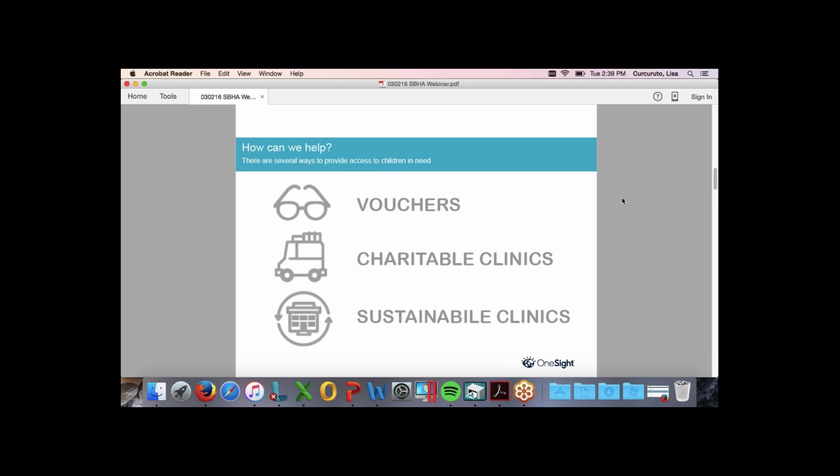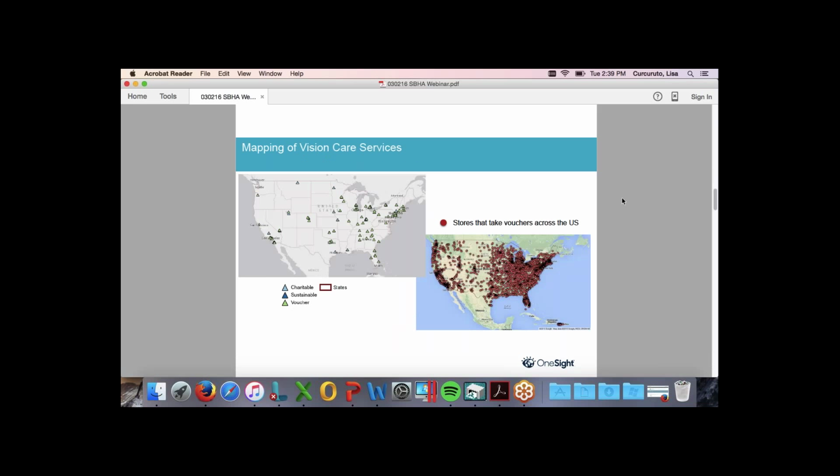All of the images I'm showing you are coming directly from that tool. I will let you know that all of the little triangles on this map are associated only with OneSight clinics. Just because the mapping tool is brand new, we are working on getting all of our vision care services up there, and then we want to reach out to all of the other vision partners and make sure that all of the dots there represent all vision care services across the United States. So, as you can see, charitable, sustainable, and voucher programs cover